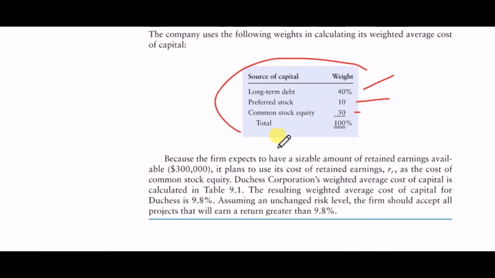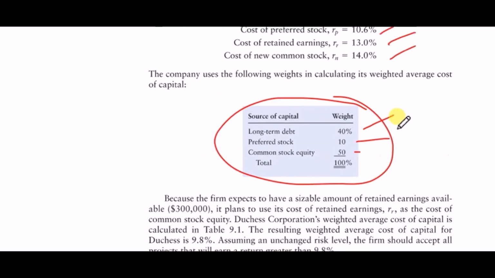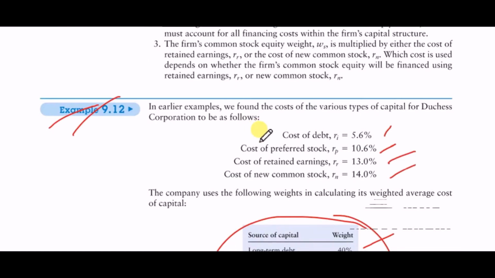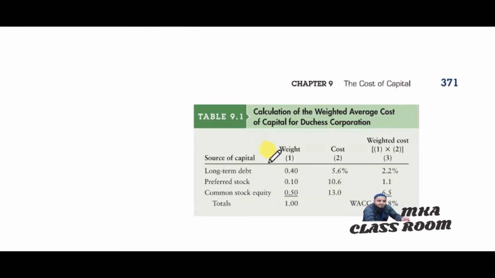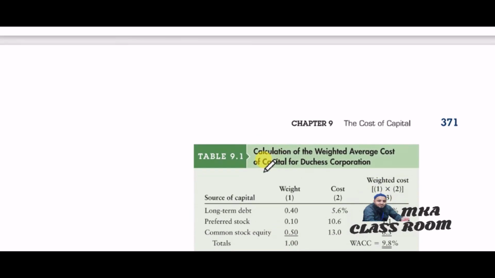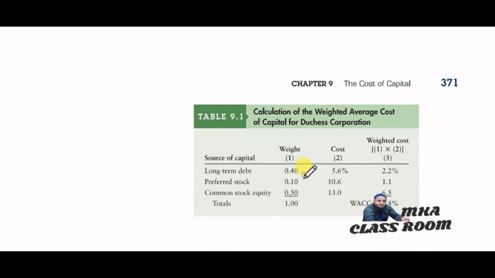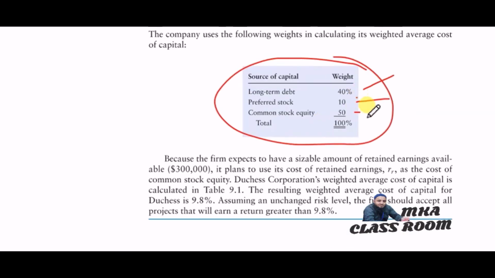This is the total of 100%. Then what will be our weighted average cost of capital? This is very easy to calculate. Here you will see long term debt 40%, that means 0.40,